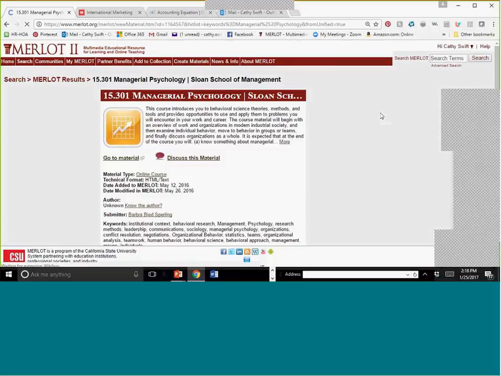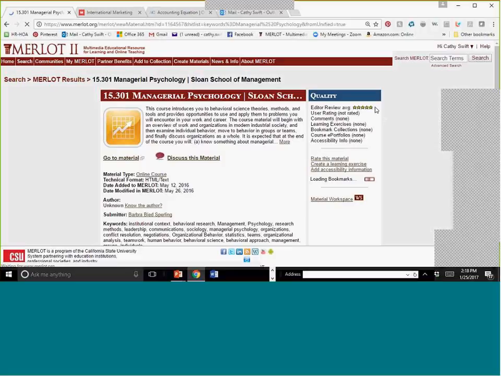One of the things I did not explain is the difference between an editor review, which is what this has, and a peer review. The peer review has gone through the complete process of peer review, two reviewers, the associate editor. We sent it to the author for their approval, and then we finally posted it on MERLOT. So the peer reviews that we've looked at have gone through that process.